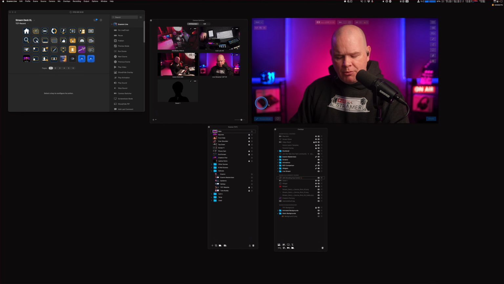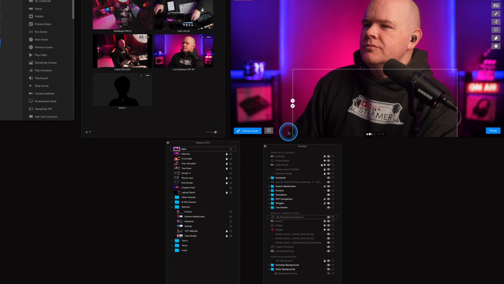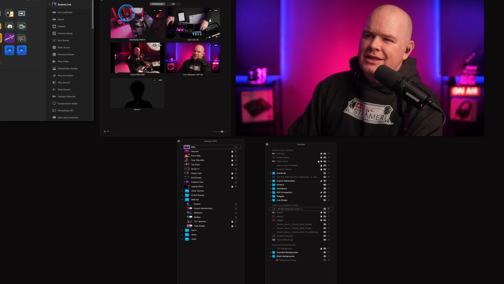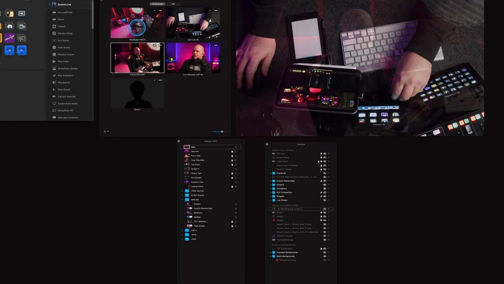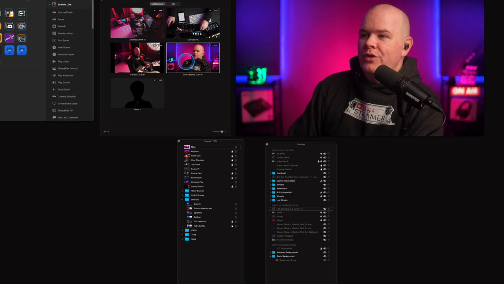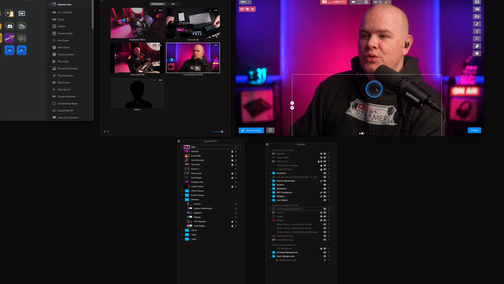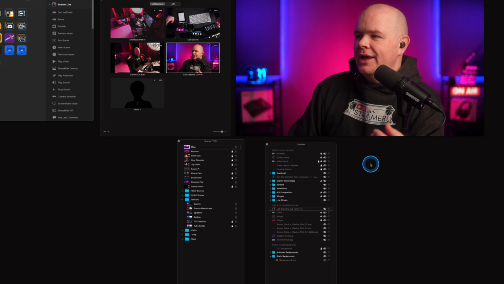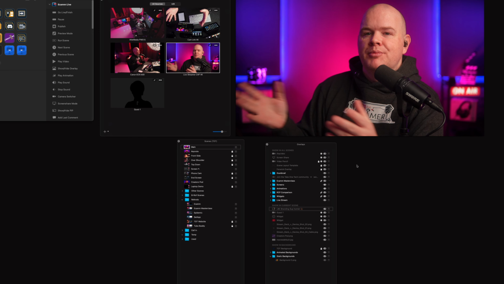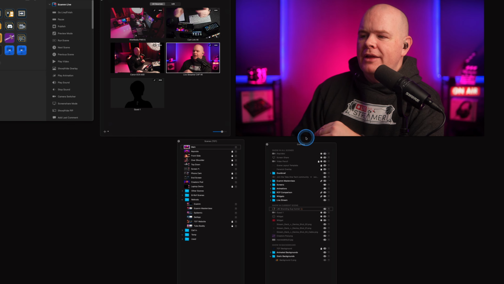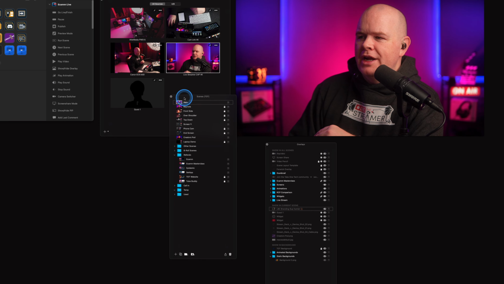So the camera switcher is more than just a camera switcher. Obviously, you can use it for switching the camera that you're on. I'm on this camera at the moment, but I could just switch to that one. Just as we can switch cameras with the regular camera switcher, if you're using scene source as camera, then it works in that way. And this is one case where I am actually using scene source rather than building up a scene from scratch. But let's go and start to build a scene from scratch with just a